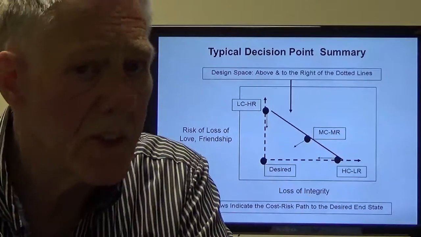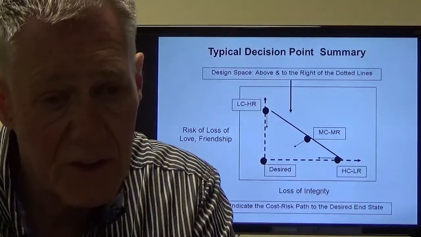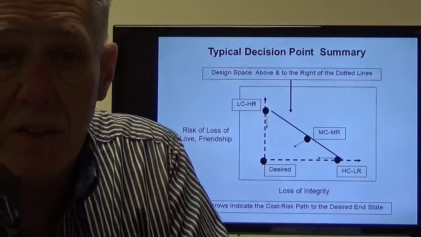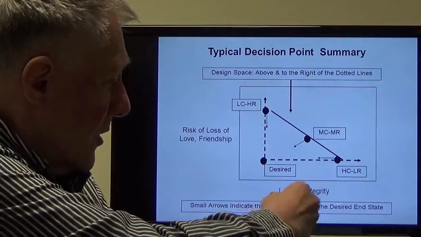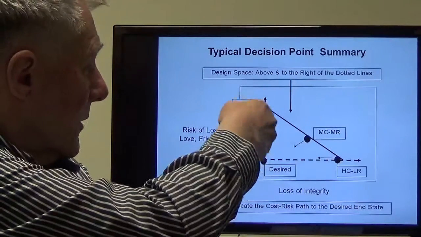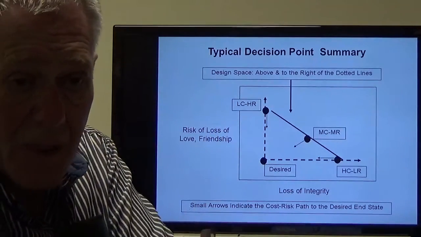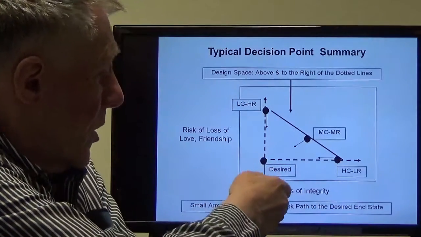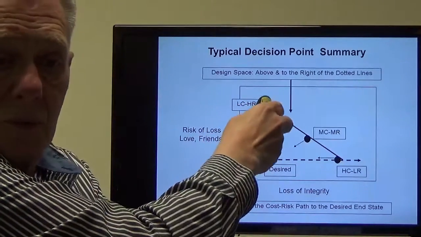Now, what is interesting to do, and could help you once you've decided on a decision point, is look at a two-axis description of what's going on. So you've got this loss of integrity here, and you've got the risk of loss of friendship or whatever it happens to be on the upside. And in this case, there's a low loss of integrity, but a high risk of doing it,